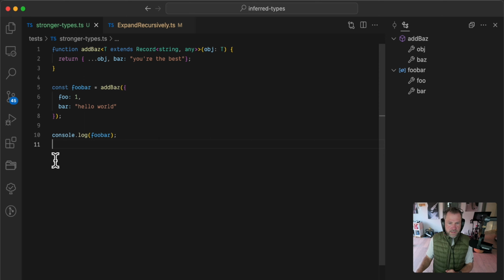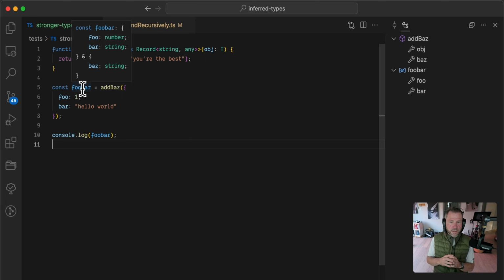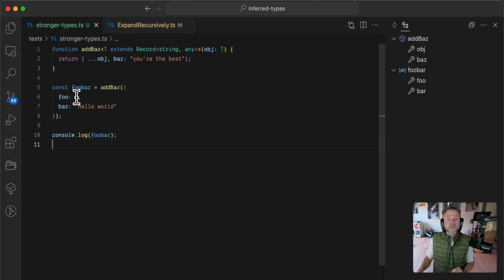Specifically what I mean is that, while it's okay that foo is a number and bar is a string, we could be more specific. And what I mean is that foo could be the number one, not just any number, but that number. And that's what we call a numeric literal, or in this case, a string literal.